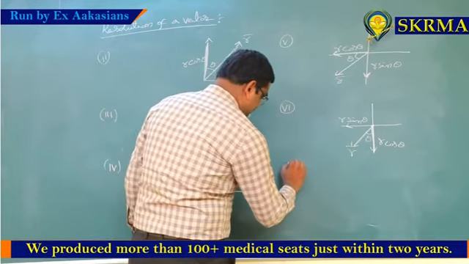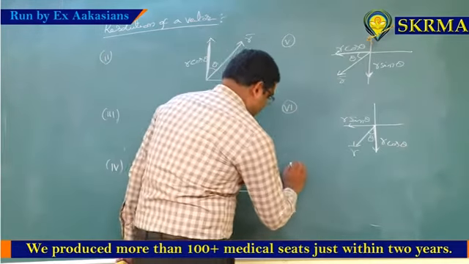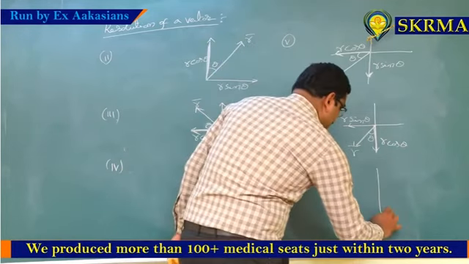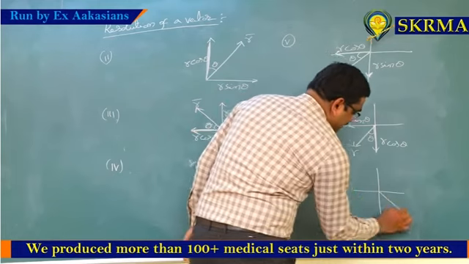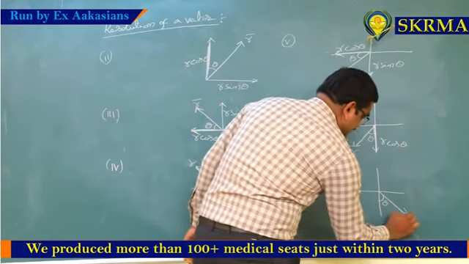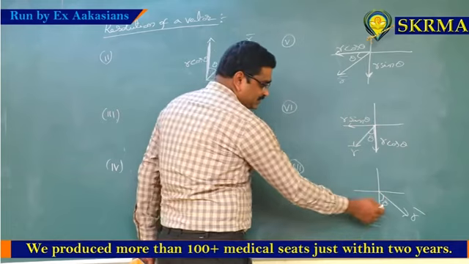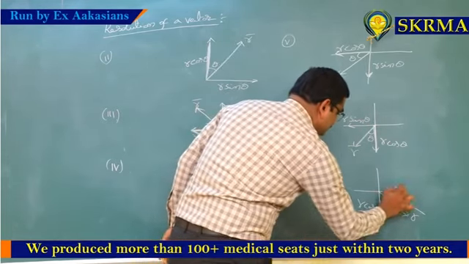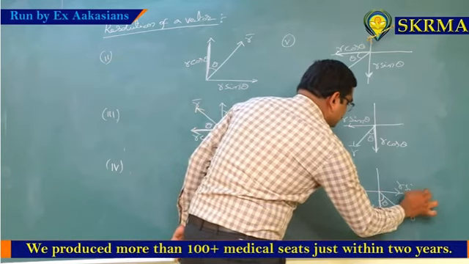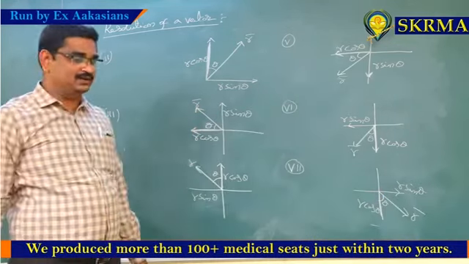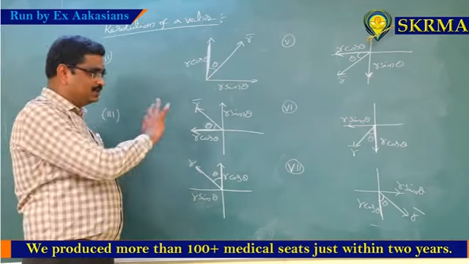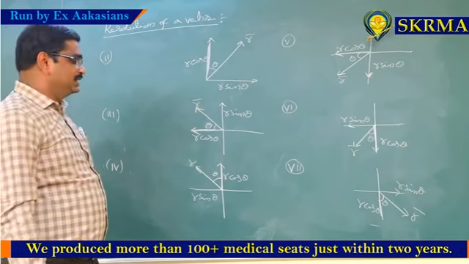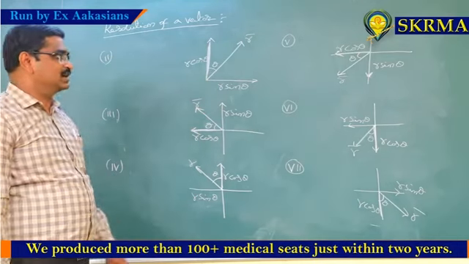Last case, next case: if the same position vector is making an angle theta here, then for theta adjacent side is this one. So this is r cos theta, this is r sin theta. So adjacent side is always cos theta term only. That is a common point among all these diagrams. What is the common point? Adjacent side of theta is always cos theta term. That is the only common point.